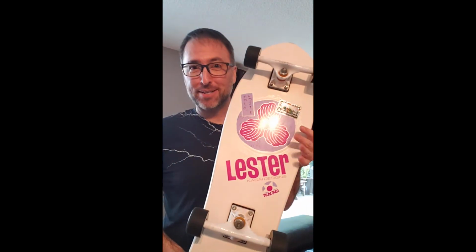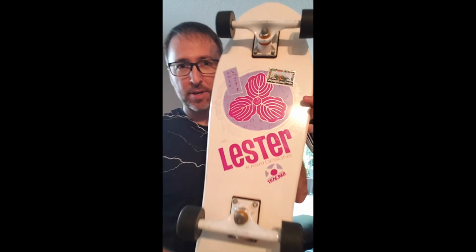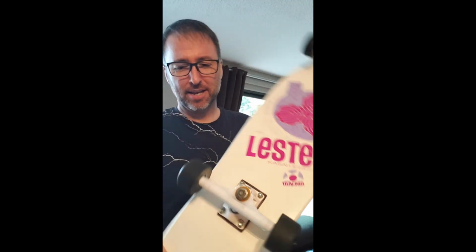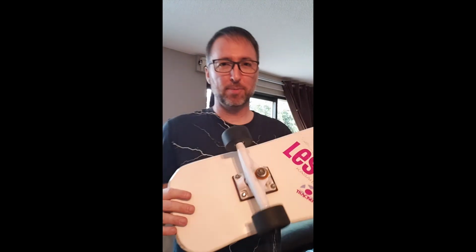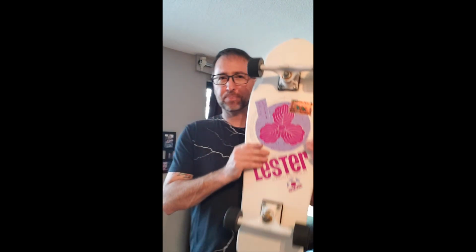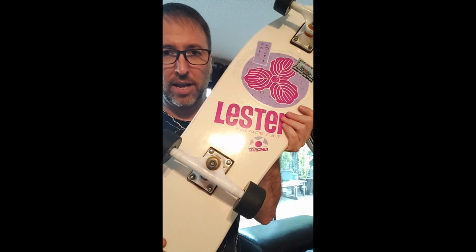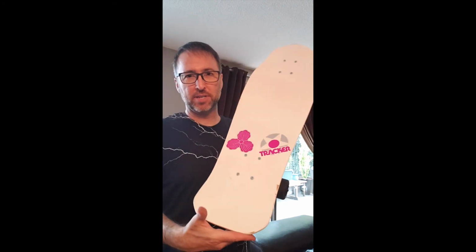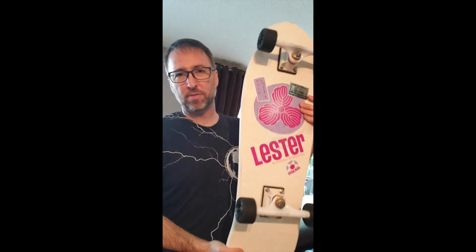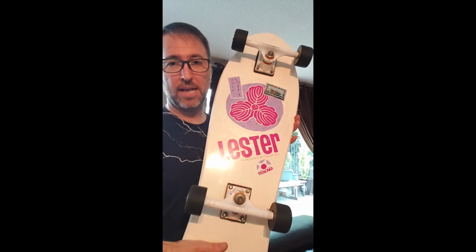And just like that, presto changeo, we've got it set up as a complete here. Got some white Tracker Ultralights and some Hyper Rolo wheels. I can't even remember where I got those ones. They came on some complete a while ago. And figured, well, it looks a lot better than it was. The white Ultralights came in handy. So yeah, unfortunately it's got some riser burn, but still a super nice complete. So for anyone that displays complete boards and wants a sweet Lester,